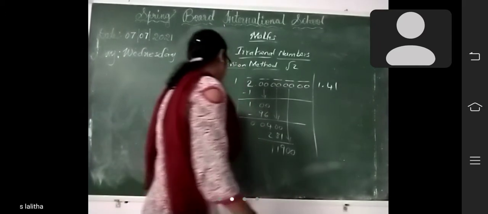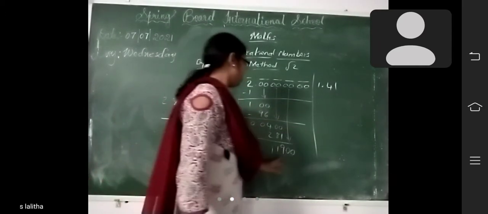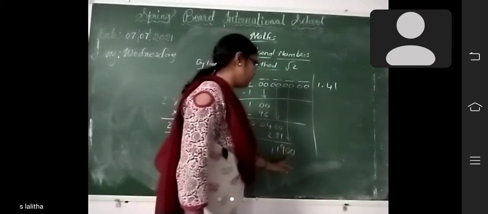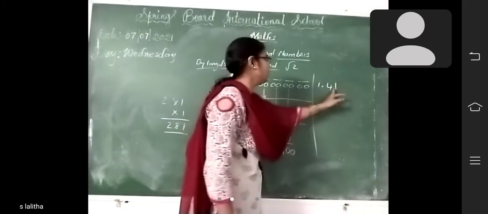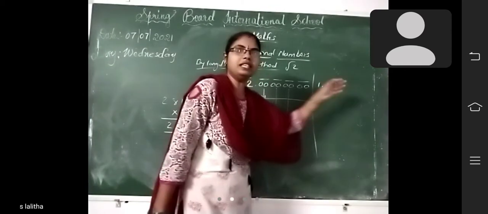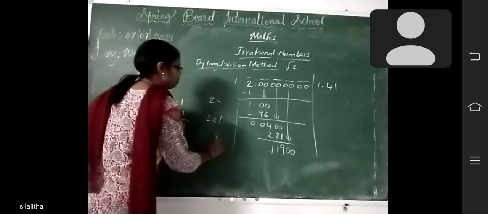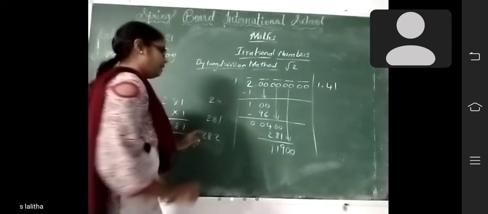Okay children, next here 119, we have to bring down two zeros. Next one here, 141, double this number. So 2 ones are 2, 2 fours are 8, 2 ones are 2. Again